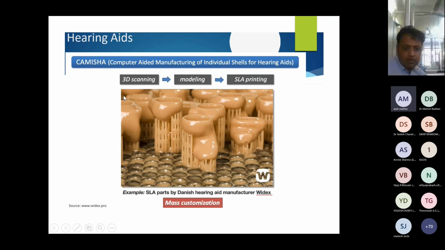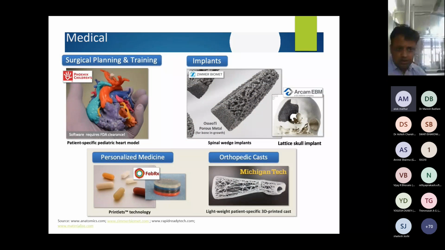Hearing aids, company Camisha, computer-aided manufacturing of individual shells for hearing aids. So we have the 3D printed hearing aids, model and SLA printing. These are some more applications in surgical or medical.